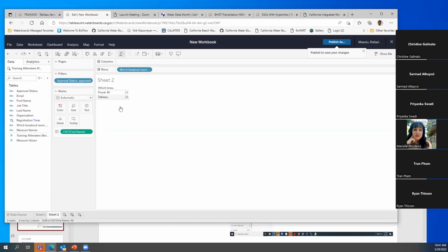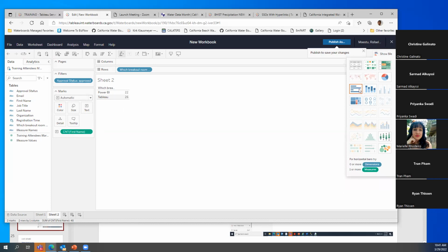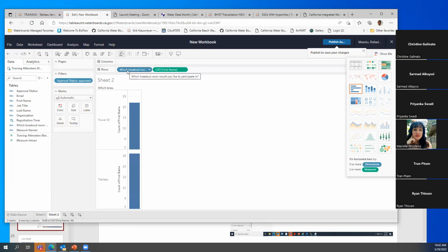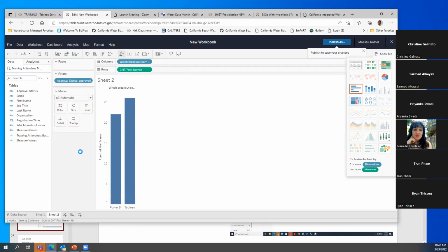And say, well, this is an interesting table, but what I want to show is, I want to see like a graph. So I can just come here and say, show me, put this graph there. And I want to move this. If you are familiar with pivot tables, this is very similar to pivot tables in many different ways. You can just move things, you can pivot the data from columns to rows and make it look like that. There's a lot of things we can do with it.